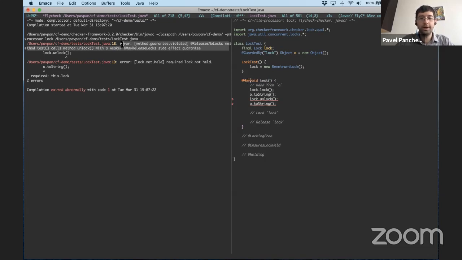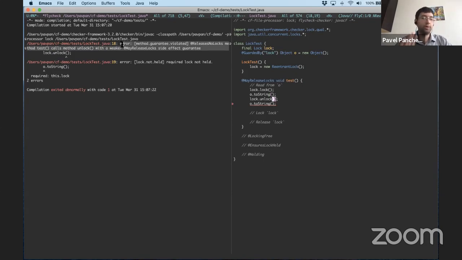So here, by default, the annotation on this method in the checker framework is that it releases no locks, and method annotations are something that Java provides and the checker framework uses for effect things like this. So what I've implicitly done is written releases no locks test, and that's invalid because it does in fact release locks. I can write the much weaker may release locks annotation, and now you can see that the error message on unlock went away.